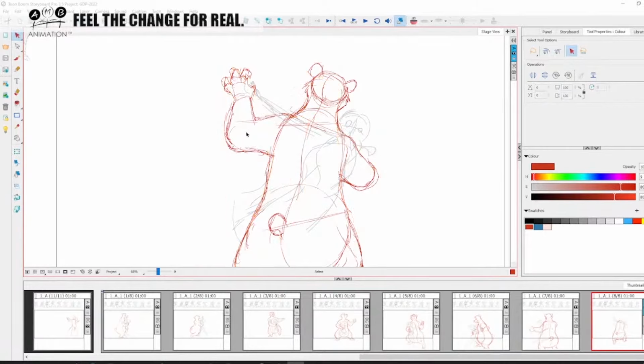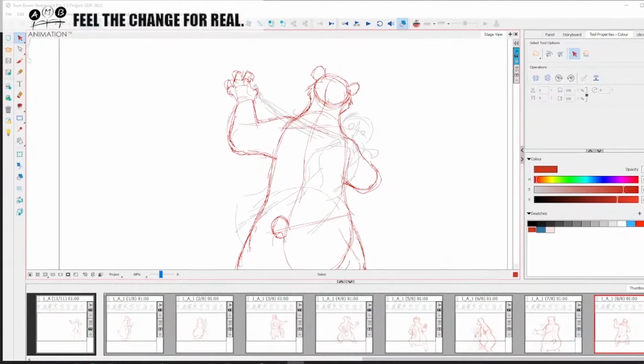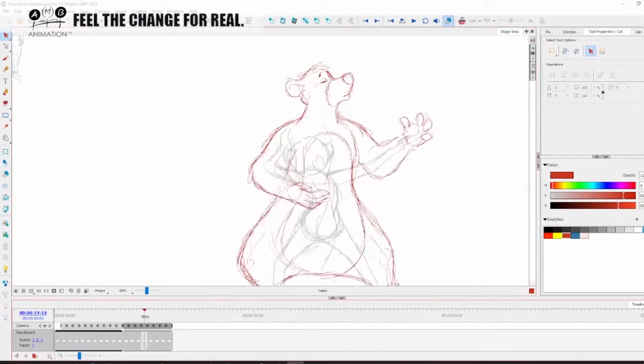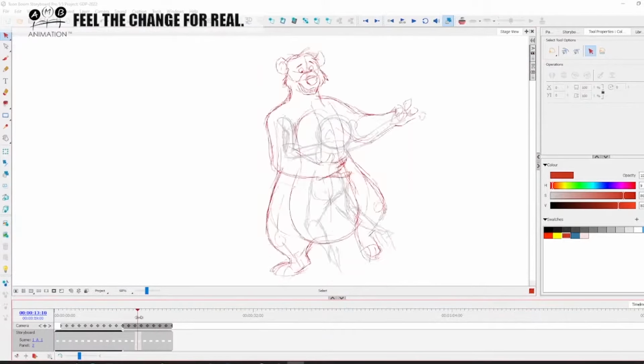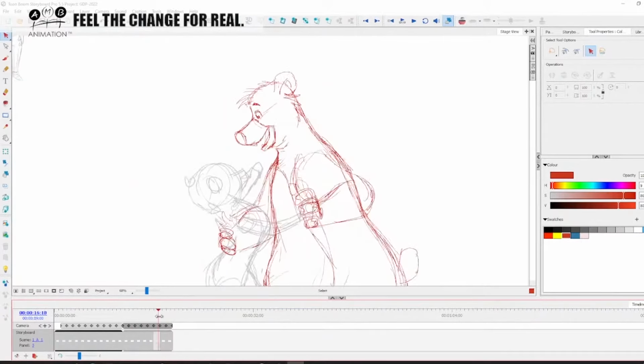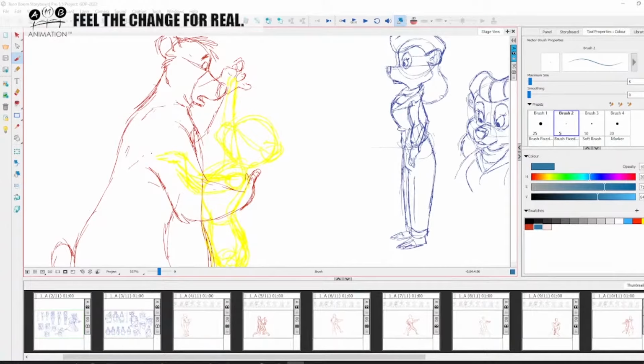So an hour and a half in, we've got pretty much Baloo down in the keys, right? You can see how he's dancing away. So I am going to get her profile down, because that's the angle